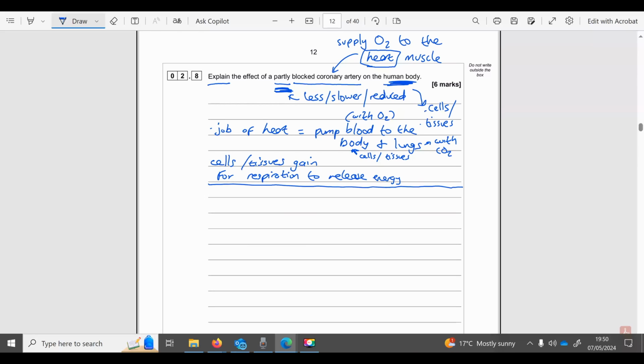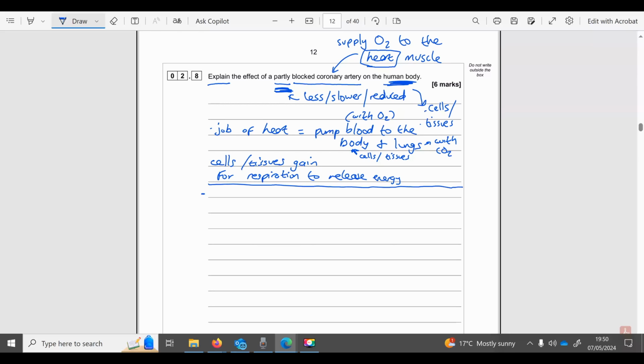So, cells, tissues gain oxygen for aerobic respiration. And that is to release energy. Okay, so we have now reminded ourselves